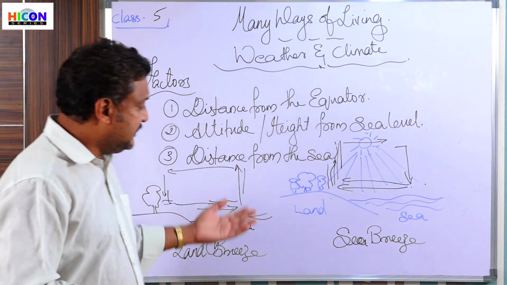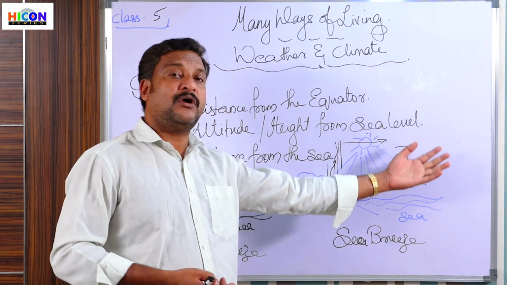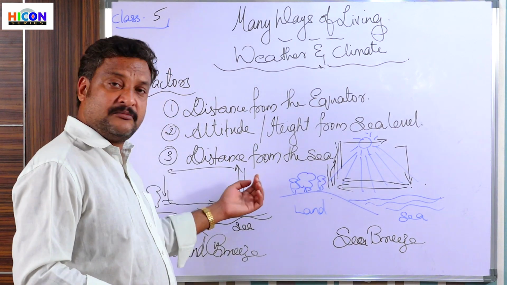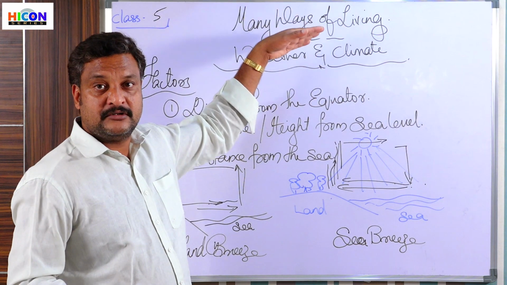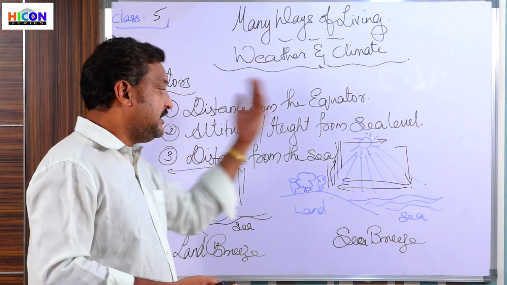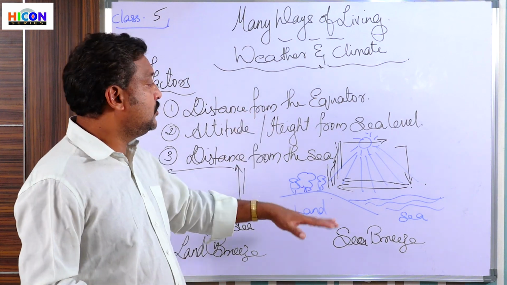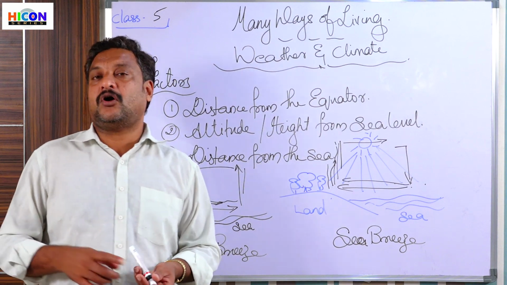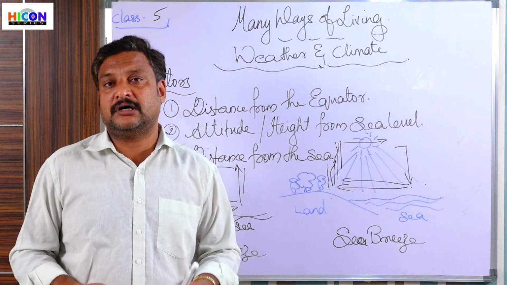Okay? During the day, sea breeze happens. The cooler air above the water flows into the land. Automatically, the land becomes cooler first. And as the air gets hotter, it goes up. The cooler air from the sea continues to flow in. Okay, so this is the reason the cities on the sea coast, like Mumbai or Chennai or Vizag or Kolkata,